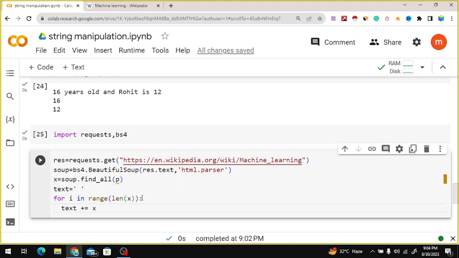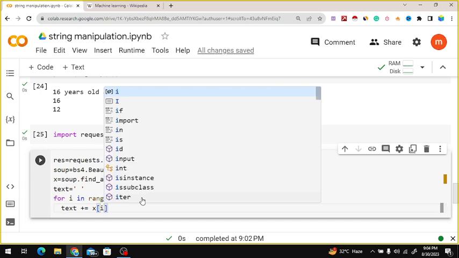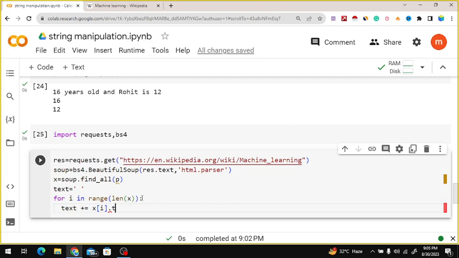Then the x list has been created, and I use i.text.strip with parentheses, and put here the plus symbol and backslash n, like this, or print text.